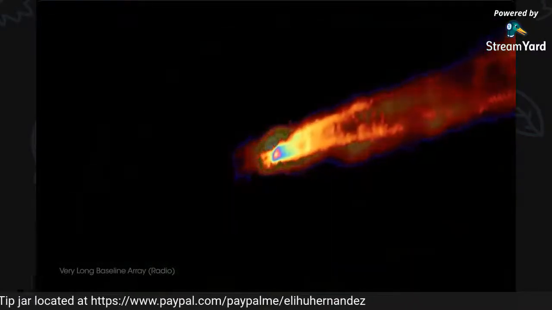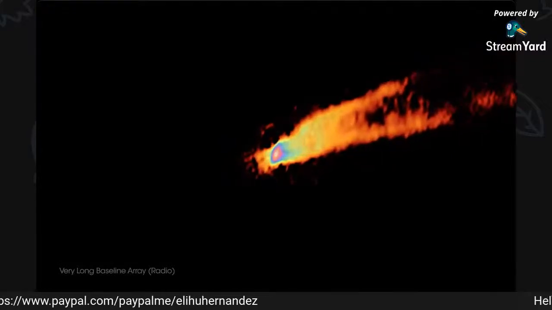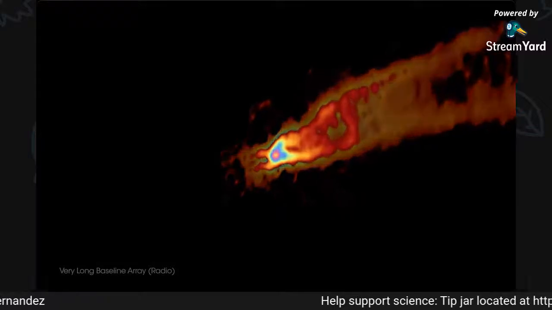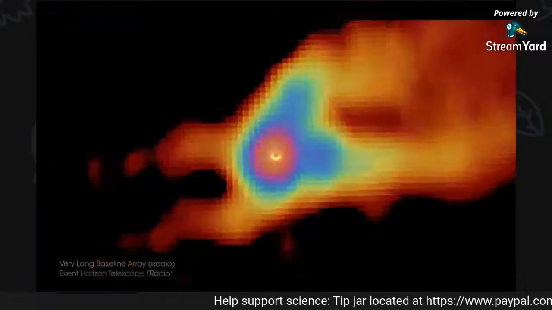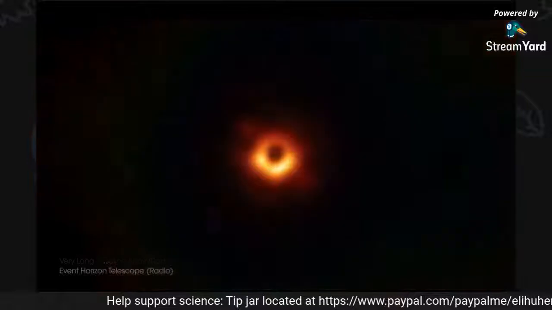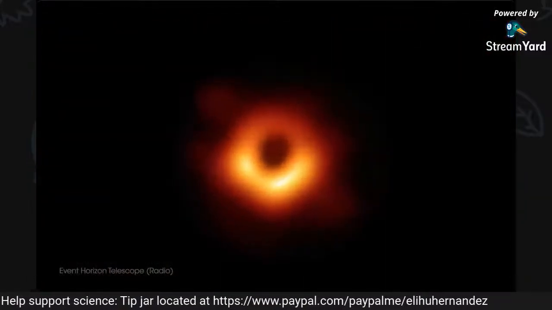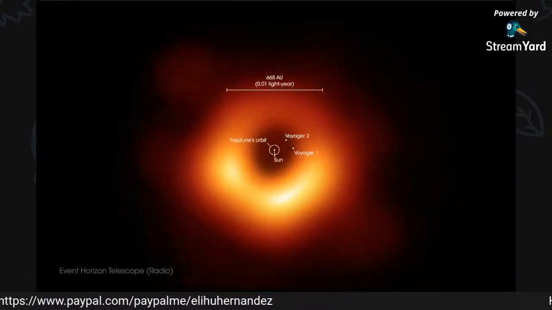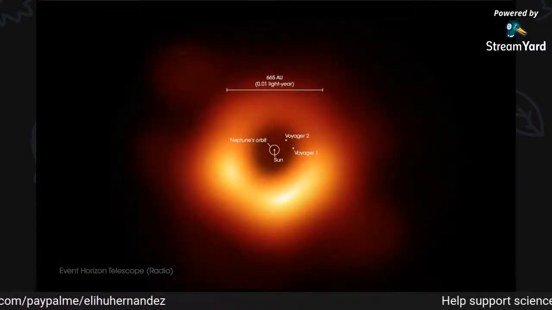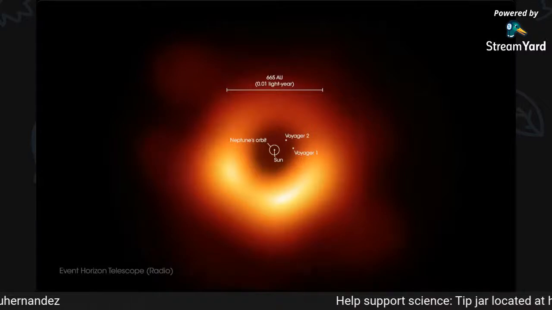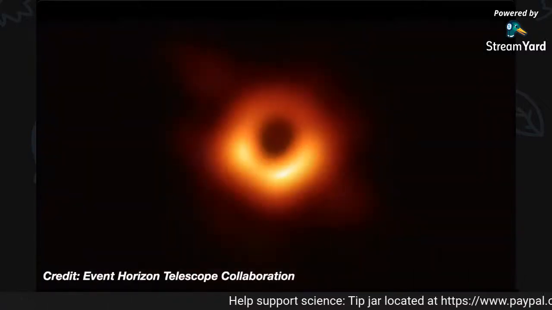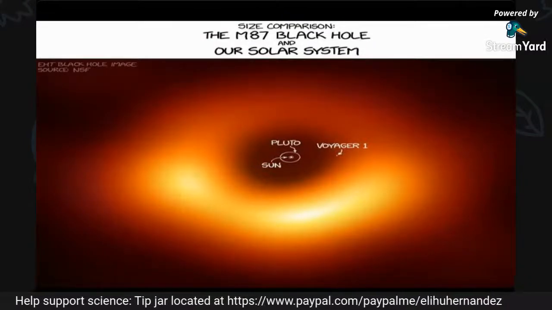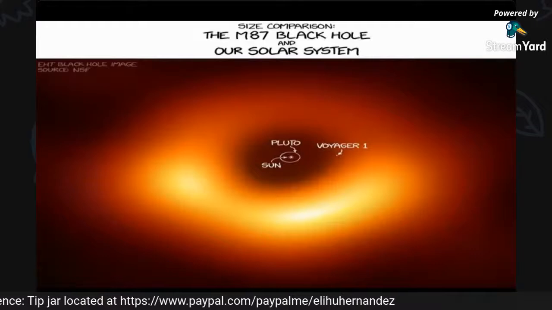This is from the Very Long Baseline Array radio telescope. And this is what they caught. The very first image of a black hole. Here's a little comparison to our own little solar system. This is the event horizon. Let's get a better look at the actual size of the black hole itself. The first picture of the black hole,